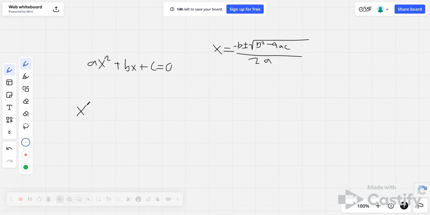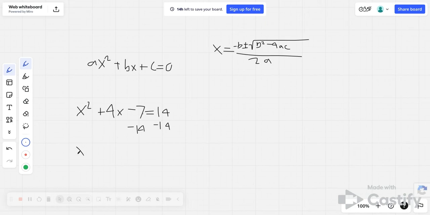I'm going to use x squared plus 4x minus 7 equals 14. Now, since the equation is supposed to be equal to 0 and ours isn't, we need to make it 0. In order to do this, we need to subtract 14 from both sides,